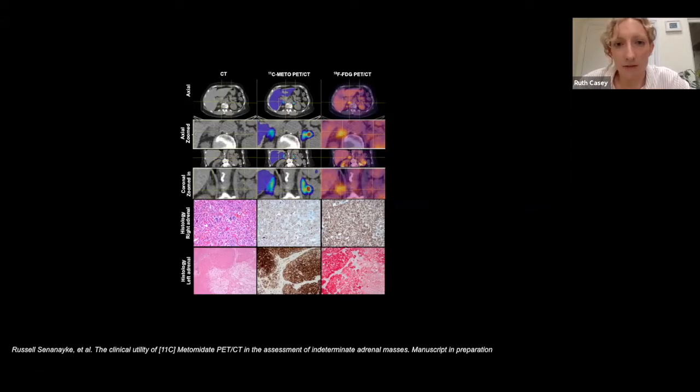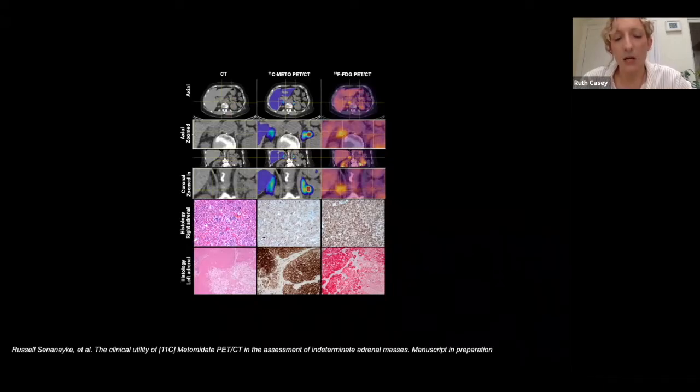So we went on to do 11C metomidate again in this case. So you can see that there's no tracer uptake in the right-sided lesion, in keeping with the pheochromocytoma. What we see on the left side here is quite avid uptake in this small nodule, supporting the diagnosis of an adrenocortical tumor on that side. FDG PET was also performed, which showed high FDG avidity in the right-sided lesion, supporting the diagnosis of a pheochromocytoma, but not very much avidity in the left-sided lesion, supporting the diagnosis of a potential lipid-rich benign adenoma on that